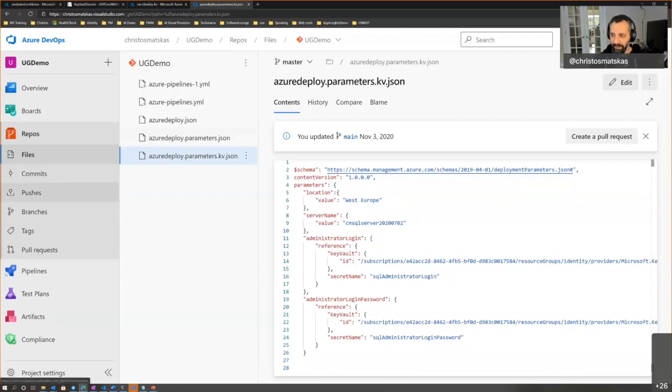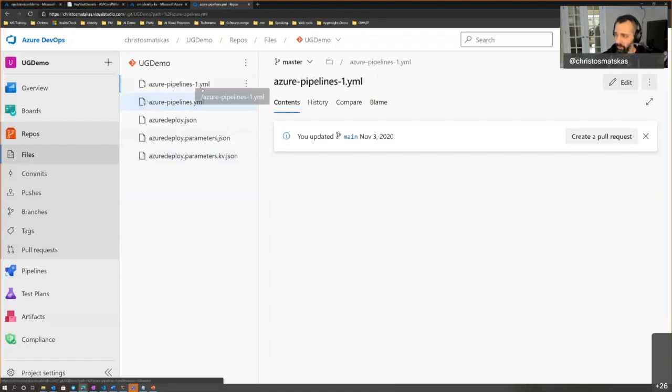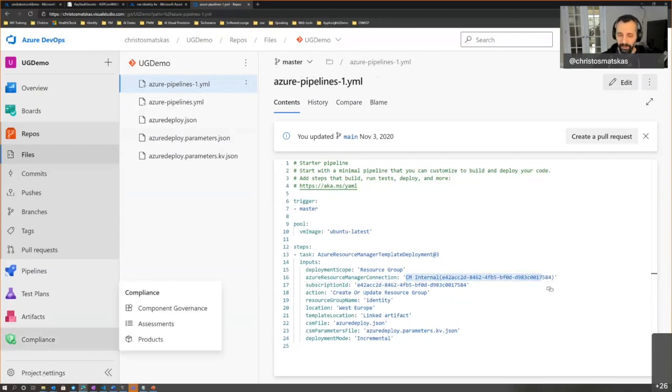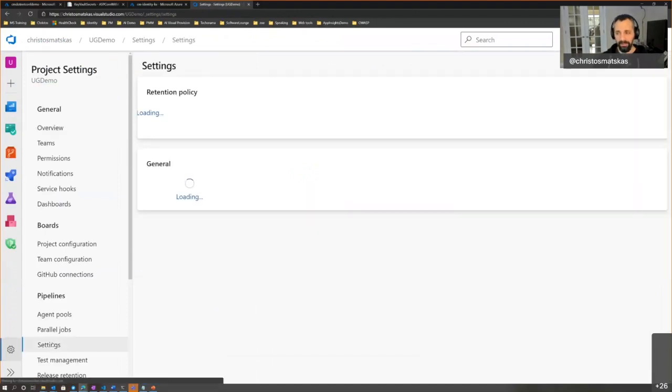And then the way that this works is if I go into my YAML file, in here, what this YAML file is doing, in effect, is saying go and deploy this ARM template with the parameters. Well, this is the insecure one, so we want the secure one here with the Key Vault parameters that come in from this file. And for the task to authenticate, I'm using a service principal. So that service principal, luckily, DevOps will instantiate one for me. So if I say I want to create a connection to my Azure, then it will say, well, let me create an account for you.